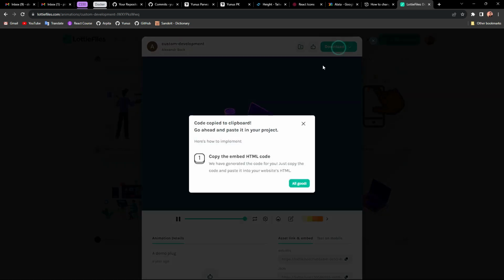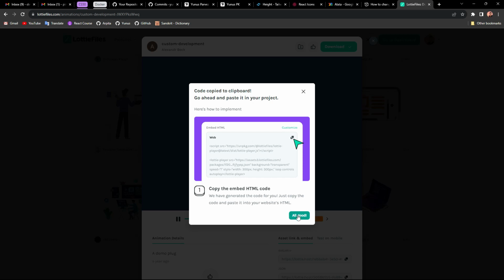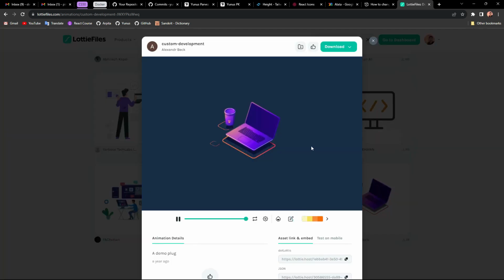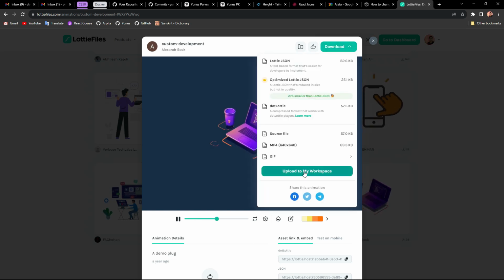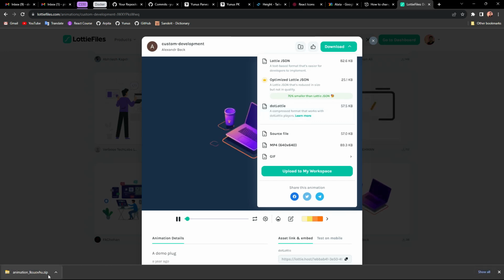Previously, when I used this website and downloaded, the background color doesn't come, it just comes white, and that's why I guess download is not a good option at all. We can use source file. Okay, let's have a look what that is.